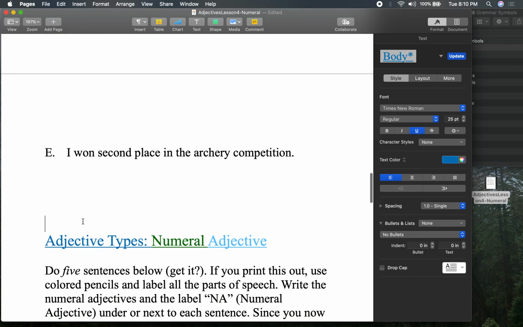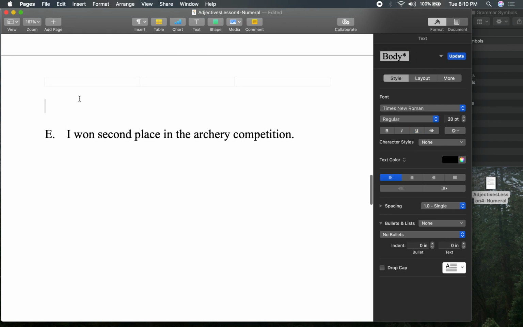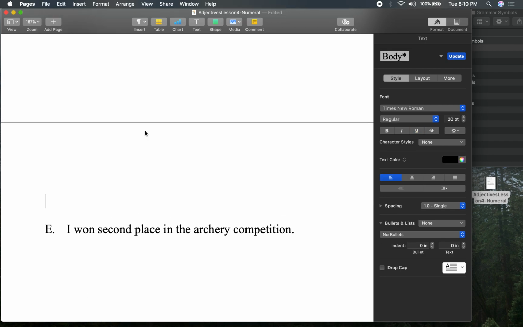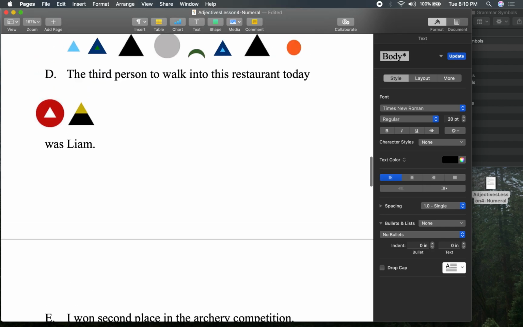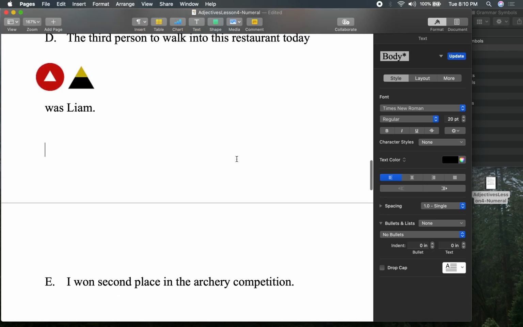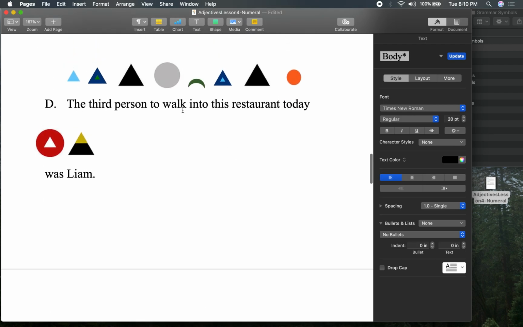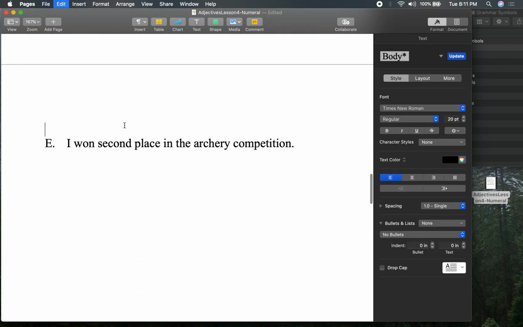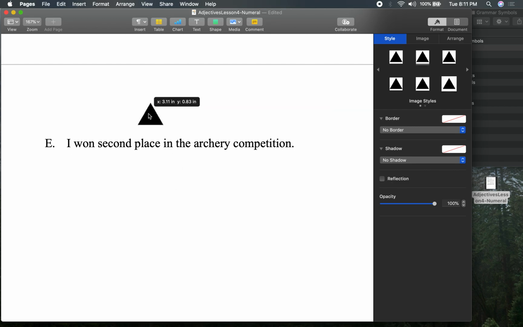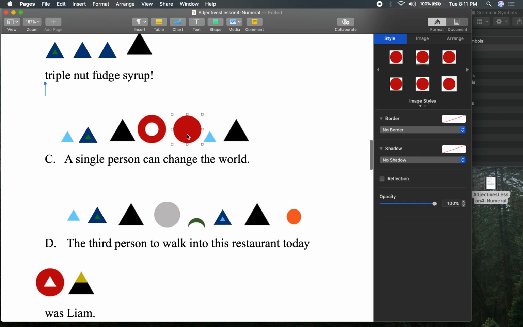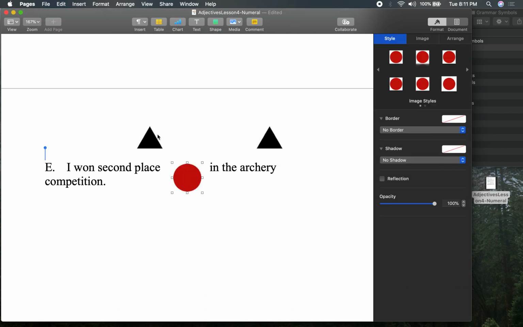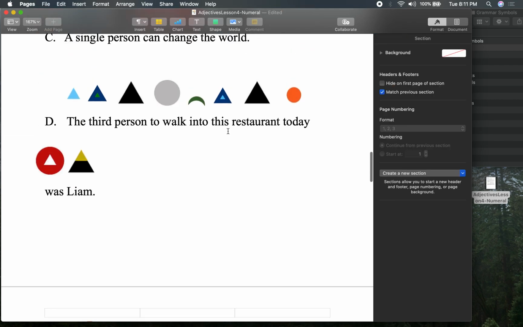Let's do one more. And get that out of here for now. All right. I won second place in the archery competition. Well, let's do one. Actually, is there any nouns? Place and competition. Okay. Can't have sentences without subjects and predicates. And won something. It takes an object, definitely not a linking verb. So I won. And then I, we know I,